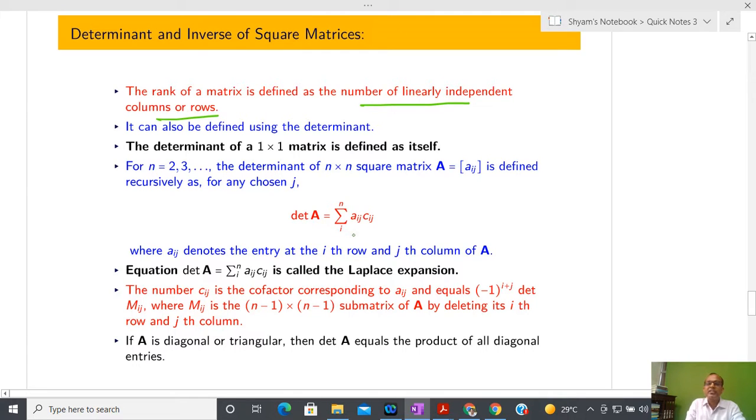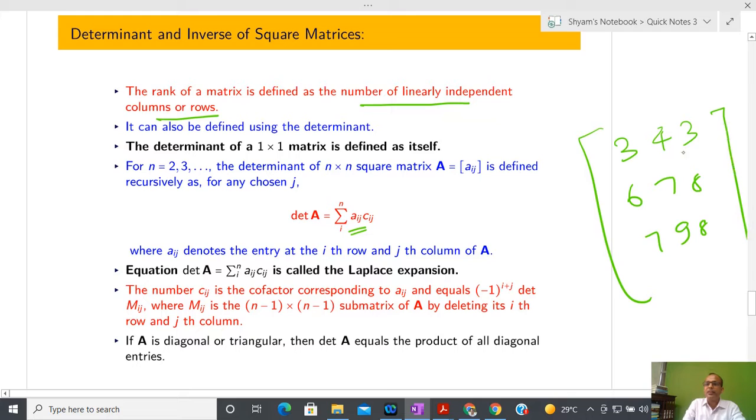This formula is Aij, and suppose I have some kind of 2 cross 2 matrix or 3 cross 3 matrix. So I will select some element. Suppose I have a 3 cross 3 matrix, 6, 7, 8, 9, something I have written arbitrarily. Suppose you select Aij here, then you have to delete these two, and whatever remains is called the cofactor. You are already aware of this. After that, this element is 4, and in this way I go from i equal to 1 to n. It means that if I have a 3 cross 3 matrix, then I have to perform this summation up to 3, and I can find the value of the determinant.